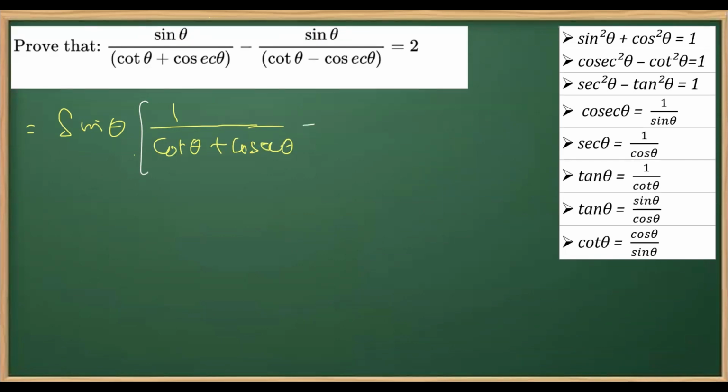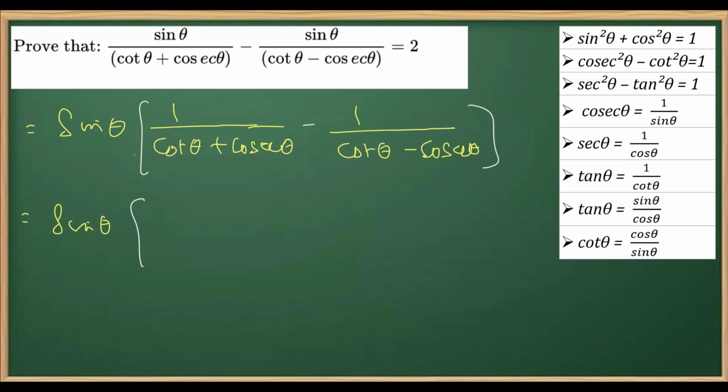Rest is same, that is 1 over cot theta minus cosec theta. Now what you can see, I can take LCM here. So if I solve it taking LCM, this is sine theta only. And inside the bracket, we'll take LCM, and the LCM is the product of these two, that is cot theta plus cosec theta